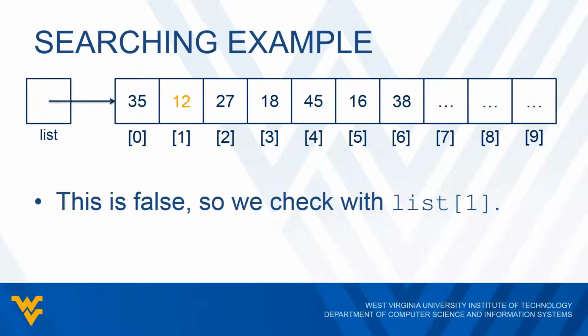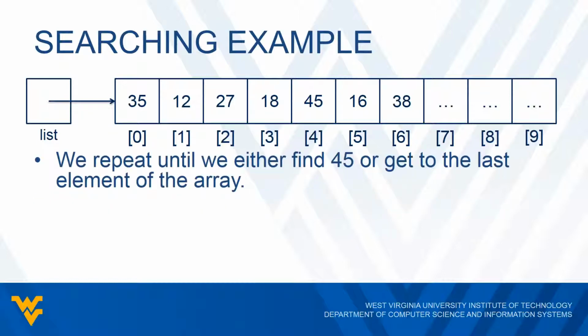So now we move on to the next element. So we look at list 1 and compare 12 with 35. And this is, of course, going to be false. So we're going to have to keep repeating this. So we just keep continuing. We just check the next element of the array. So we'll check 27, we'll check 18, and so forth. And we keep doing this until we either find the 45 or we get to the last element of the